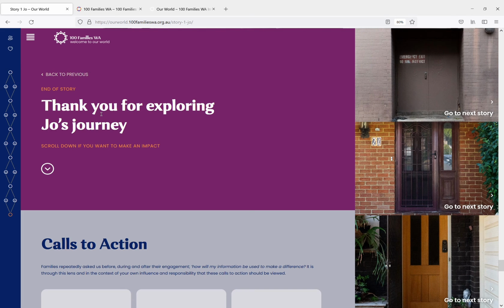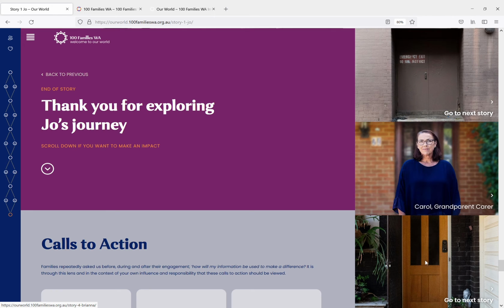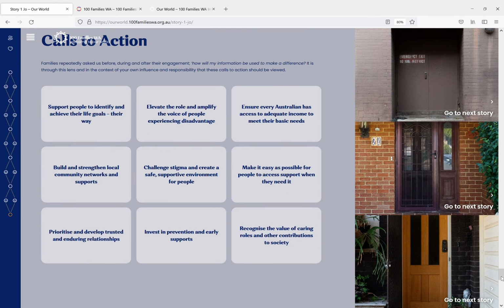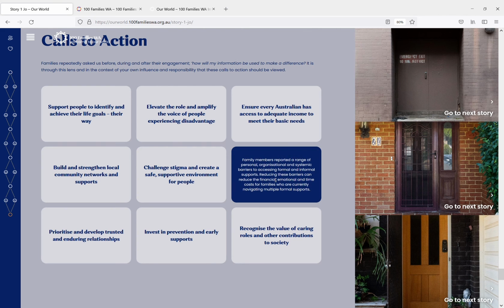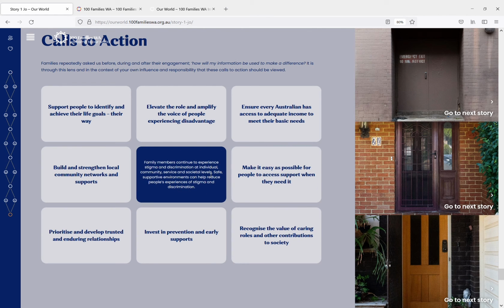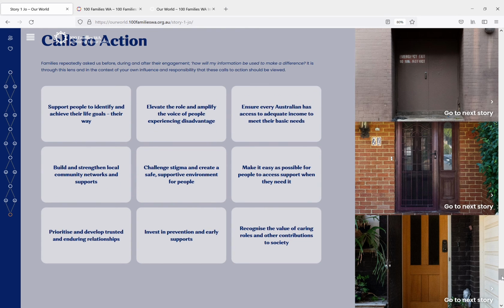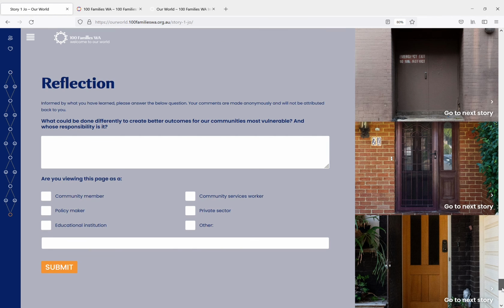then that's the end of the journey for Joe, and you can select another family if you want to hear more about them. If you want to know more about the calls to action, so what you can do as either a community member or a person working in policy or somebody who's delivering services, then you can look at these, and these calls to action give you some real clear guidance to go away with. Now further down there's a reflection question, so we ask you a question that we'd love to know more